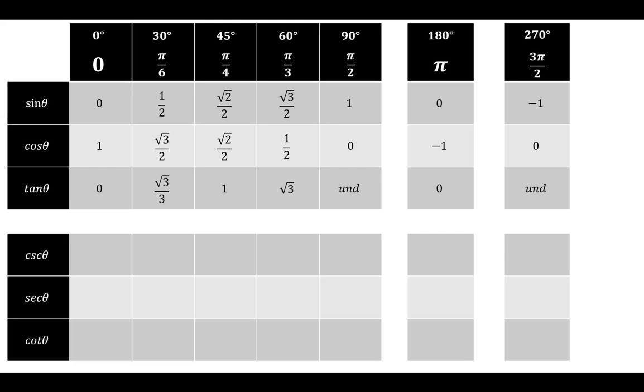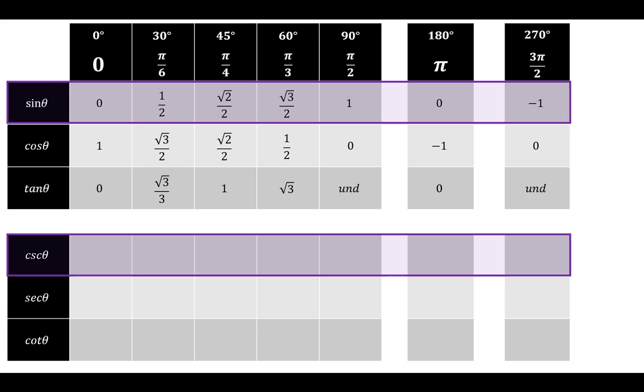Which leaves us with the reciprocal functions. And that's one of the relationships that we're going to work on. The cosecant function is the reciprocal of sine. Reciprocal, we can raise those values to the negative 1 power, or we can put them as 1 over the values that they are. Either way, we can use that information to simplify and come up with values for the